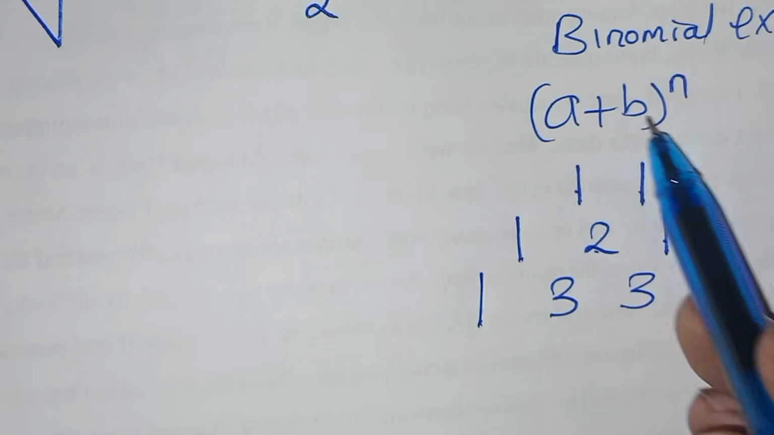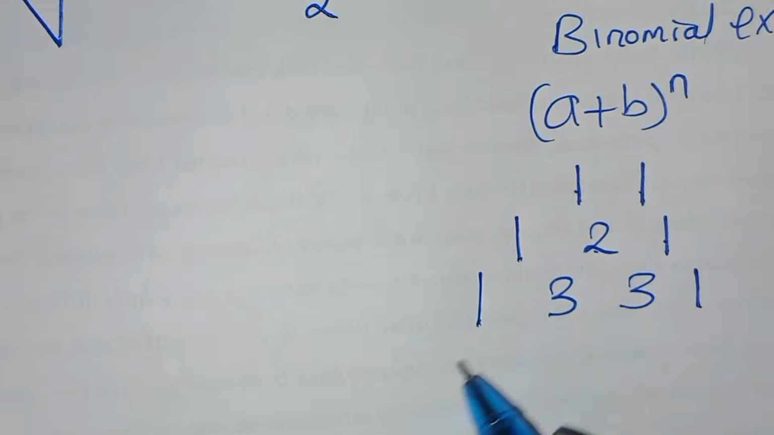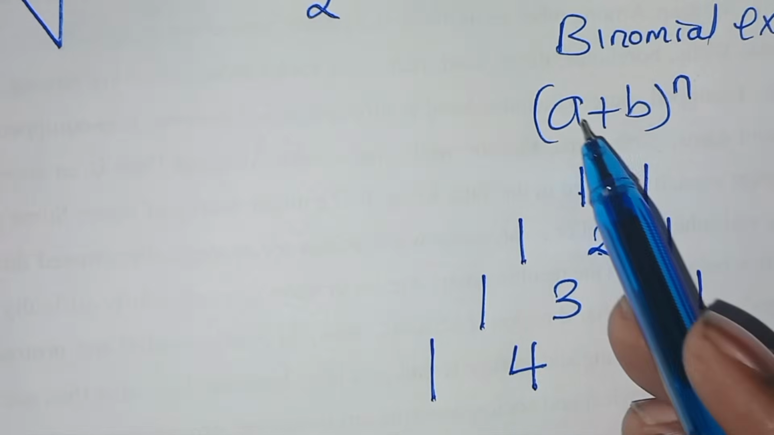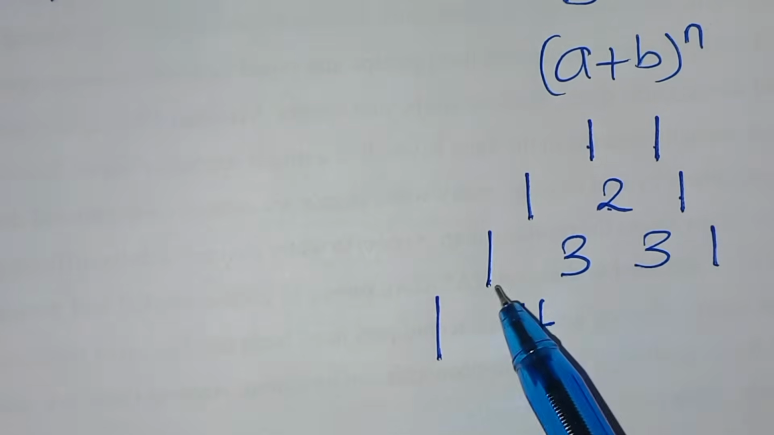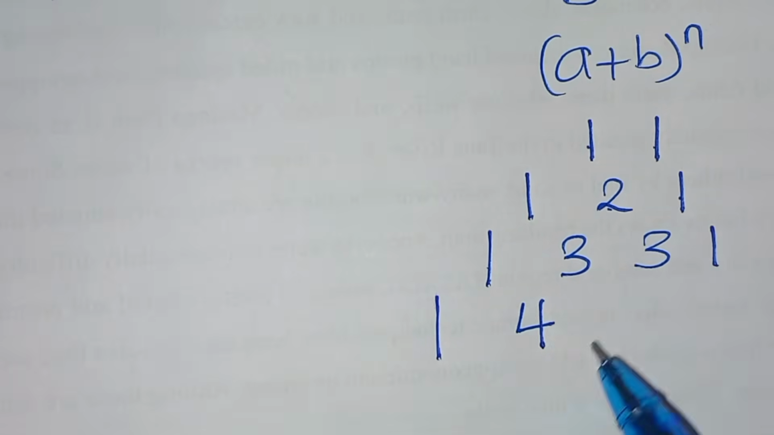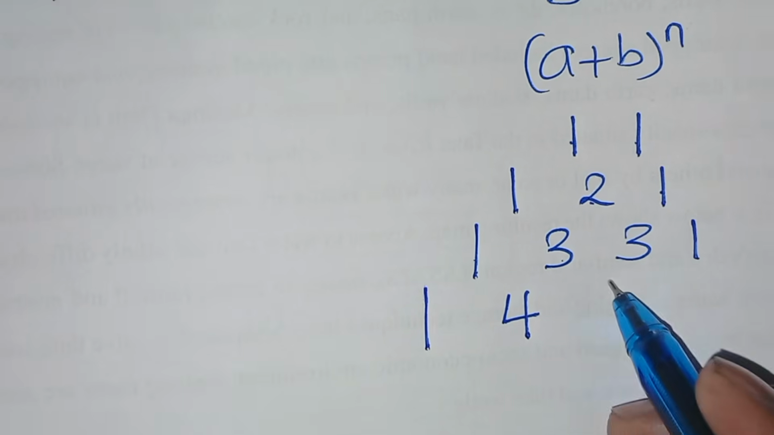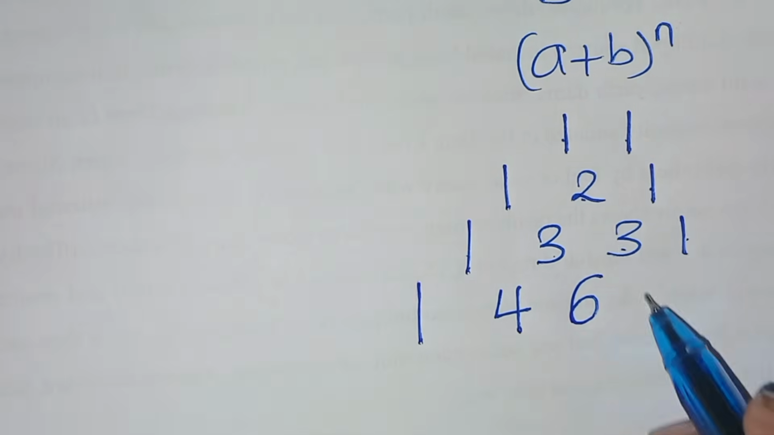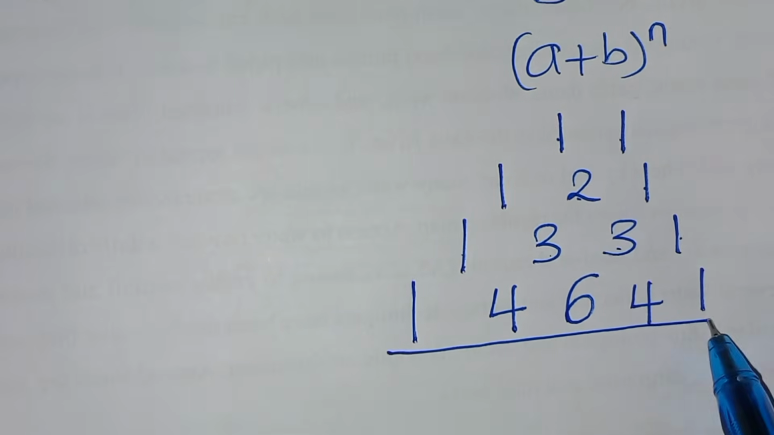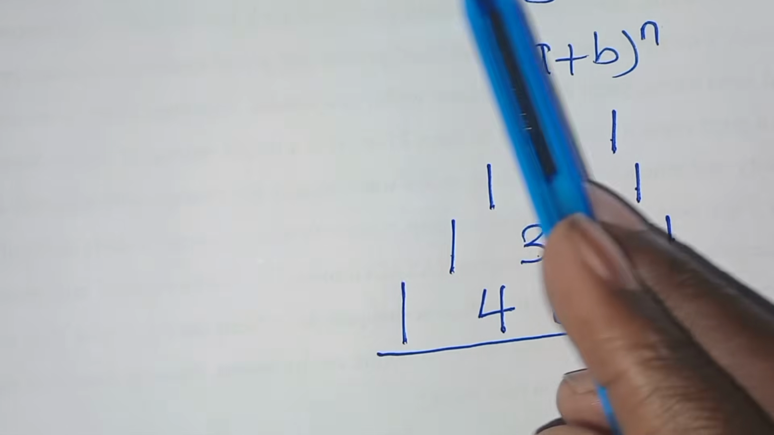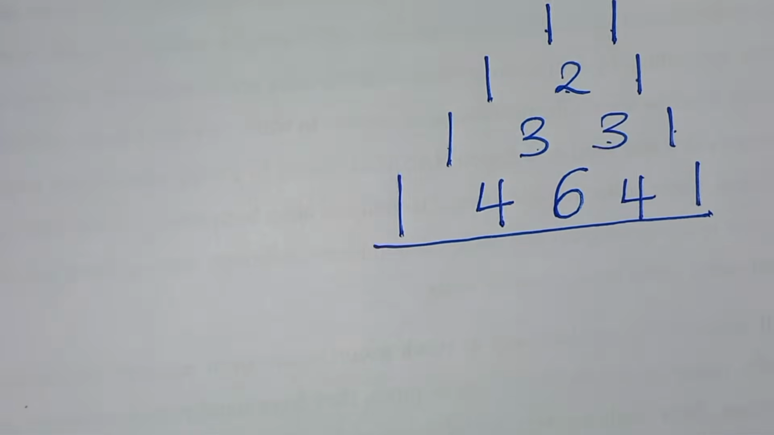If A plus B is raised to power 4, then here we'll have 1, then 1 plus 3, this is 4, then 3 plus 3, this is 6, and then 3 plus 1, this is 4, and then 1. So these are the coefficients of A plus B to power 4, which you can write as,